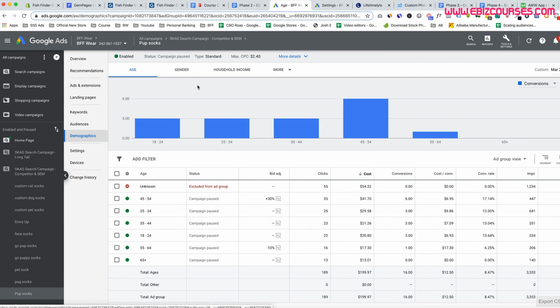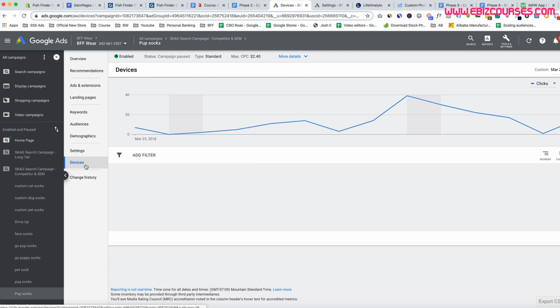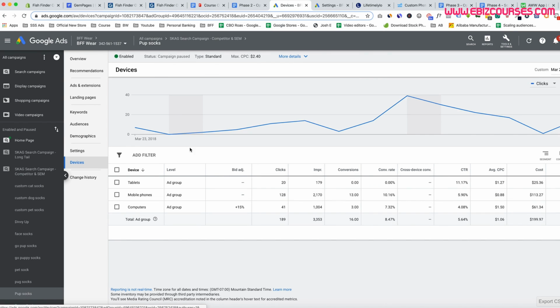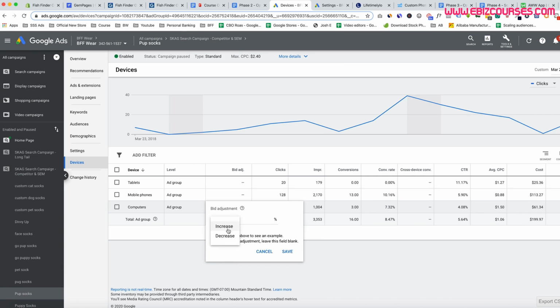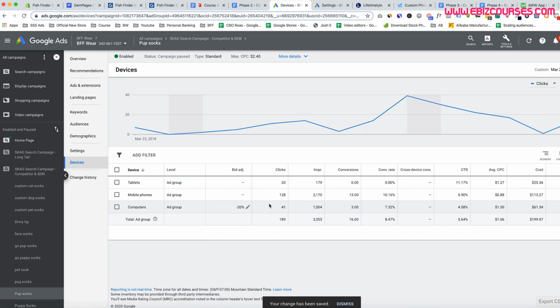Now, even another thing I want to show you guys is we did demographics, right? But we can also do devices. So look at this. Inside this, remember, this is just one ad group. So we can go that specific on each ad group and see, oh, wow, people on desktop or computers are converting at, let's just say, $20 cost per conversion. And I had this up 15%. Honestly, I think I made a mistake. It should have been at least down, probably more than 15%,